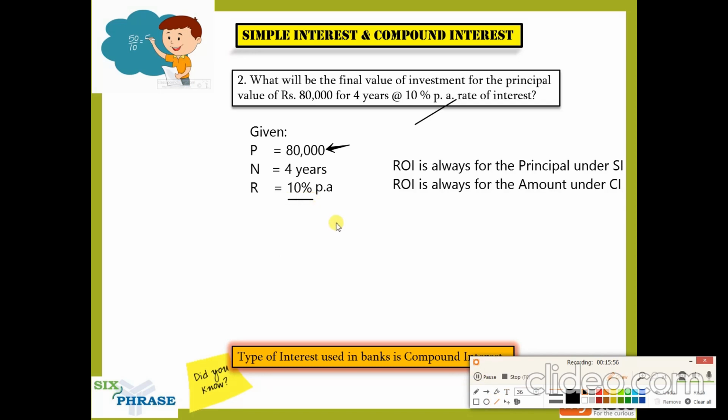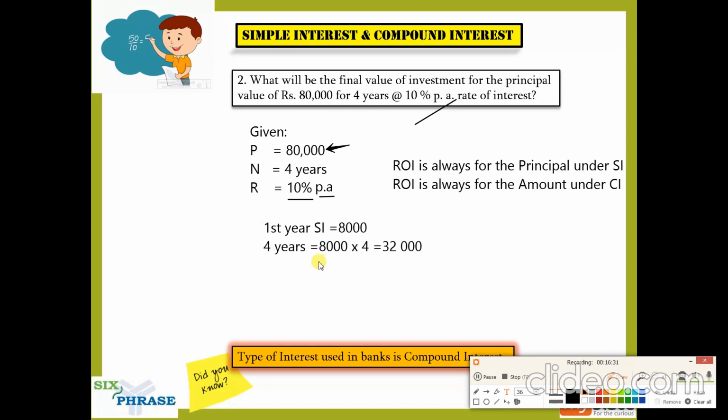So for 1 year, at the end of 1 year, this is per annum, right? So they say per annum means per year. So for 1 year, the interest is 8,000. Or I'd say first year, SI will be equal to 8,000. Now for 1 year, if it is 8,000, for 4 years, what will happen, guys? For 4 years, you just have to do 8,000 into 4, which will give you 32,000. Yes, so this 32,000, guys, is your answer.